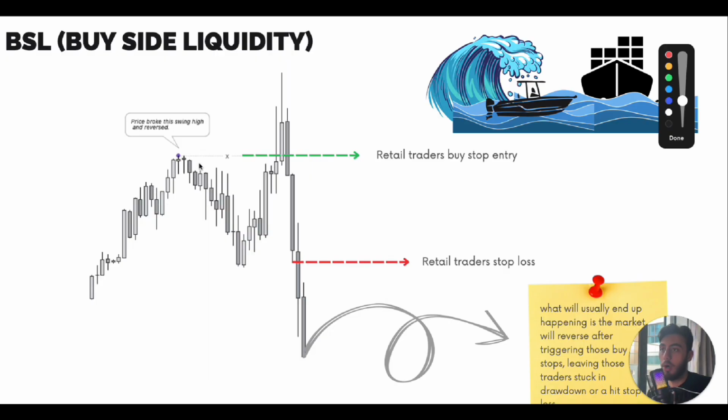So the thing is, the market makers, these cargo boats, let's say, know the fishing trade, the small boats or fishing boats, are going to move here. So what they're going to do is give them a little wave, and then grab the movement that they had. They're going to activate the retail traders' orders, and then start to reverse.